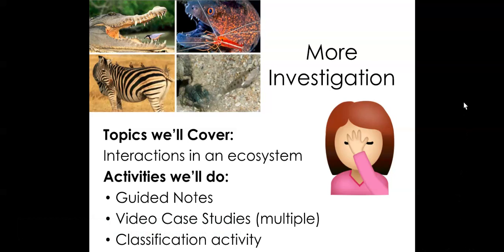So, we just talked about limiting factors in an ecosystem, and now we're going to talk about symbiotic relationships and how those relationships that might seem kind of funky have to go together in order to make things balance out in an ecosystem. Okay, so we are going to discuss interactions in an ecosystem, aka symbiotic relationships.